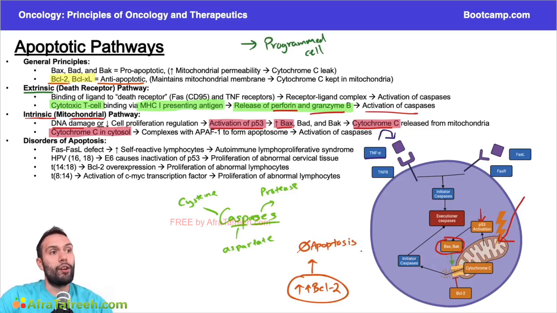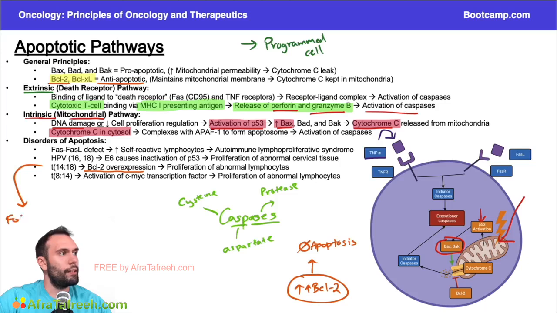Okay, so cells that are damaged, that have some genetic damage, can't undergo apoptosis. So they're going to continue to replicate daughter cells that now share this genetic defect. This is precisely how we start to get different types of cancers that form. A really classic example of BCL2 overexpression is the 14-18 translocation, which is very classic for follicular